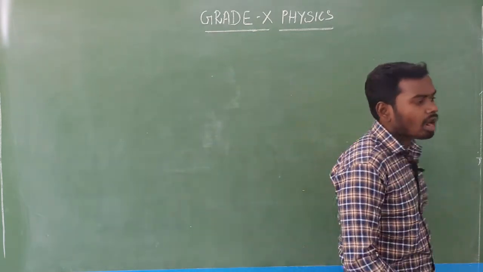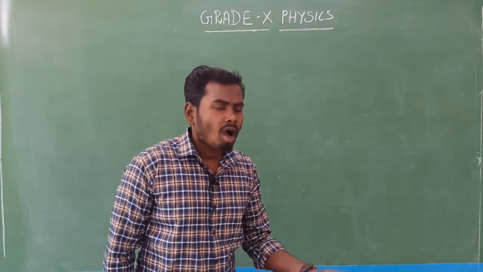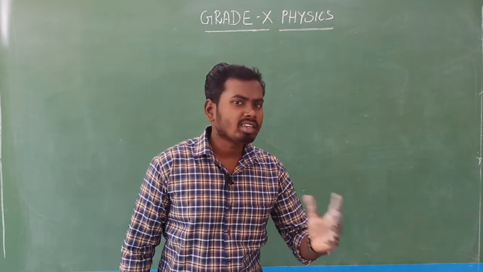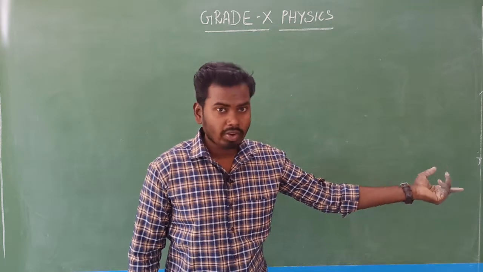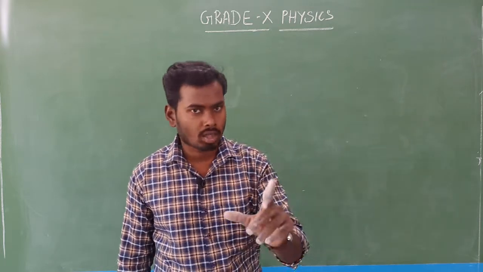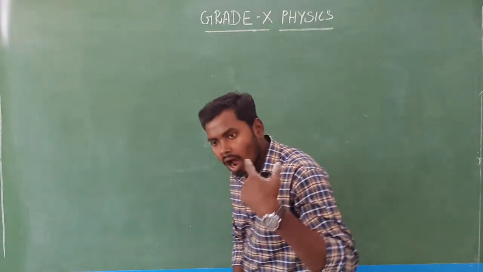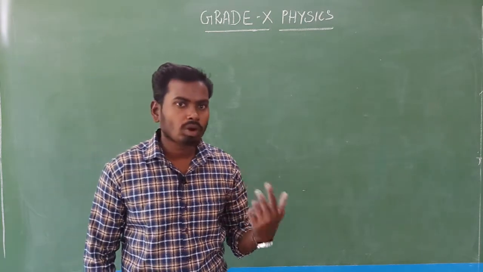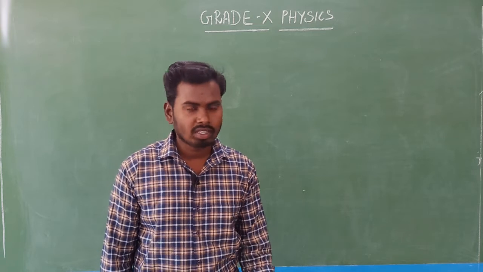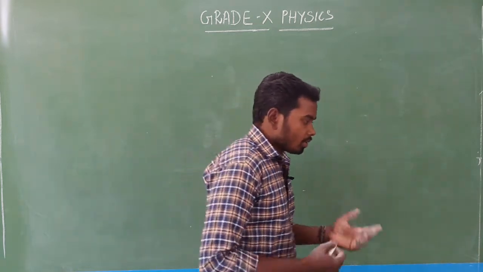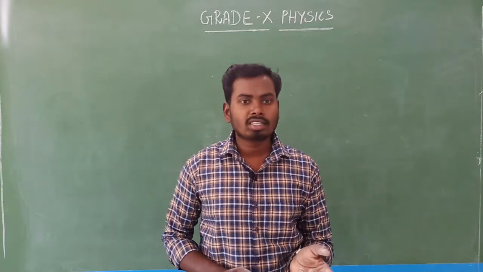Only a few materials allow the current to pass through them. They are called conductors. Already we know. Why do they allow the current to pass through them, sir? Because, as I already taught in my first video class, they have lots of free electrons. There is another reason, and we will see that. Is it clear? Yes. In terms of free electrons we have seen in the previous video class, but on the basis of resistance,